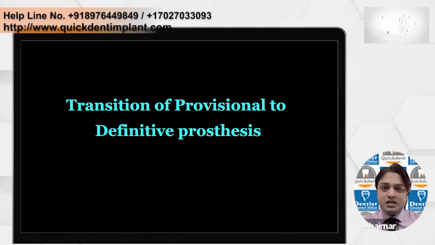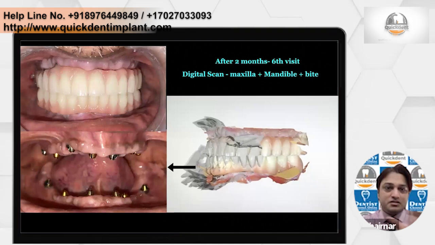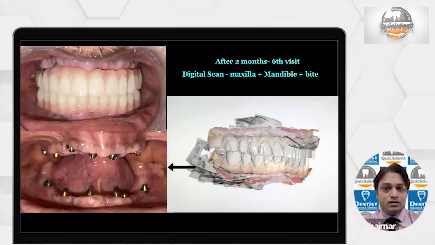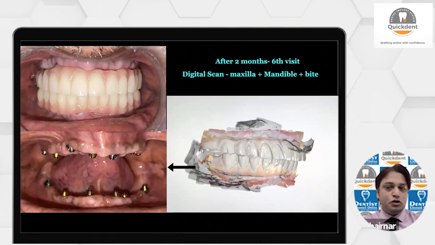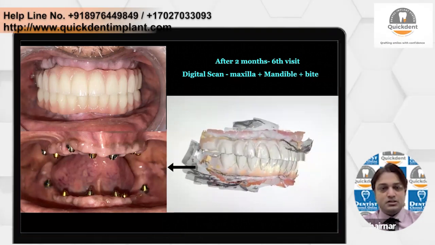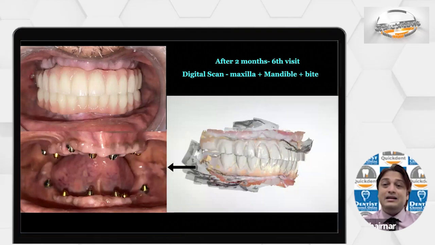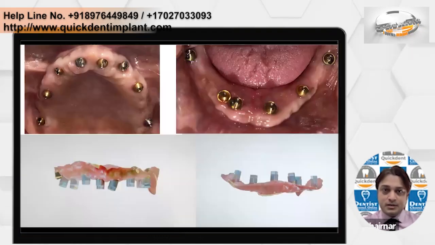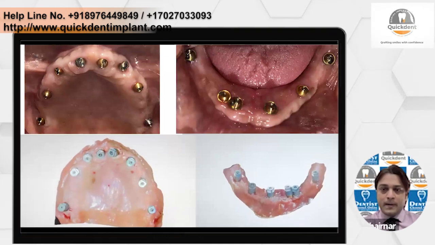Now, how do we change it? The patient comes with shrinkage of the gums. In the same way, we record the upper and lower jaw, scan and bite. Also, after retrieving the prosthesis, we record the position of the multi-unit and the new position of the gums, the healed areas. Everything is recorded.